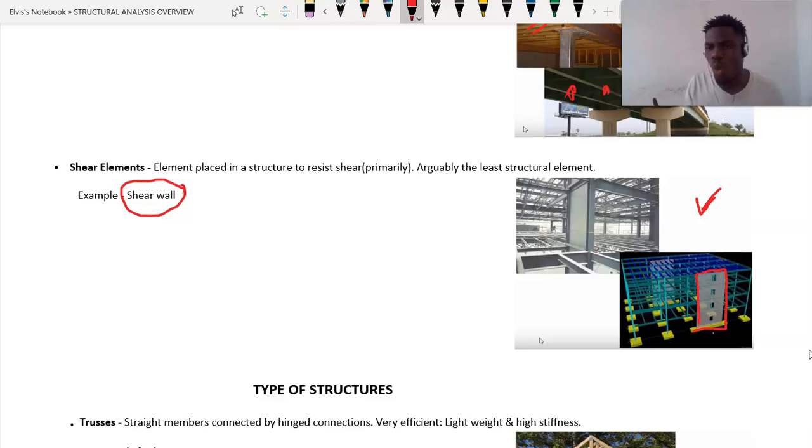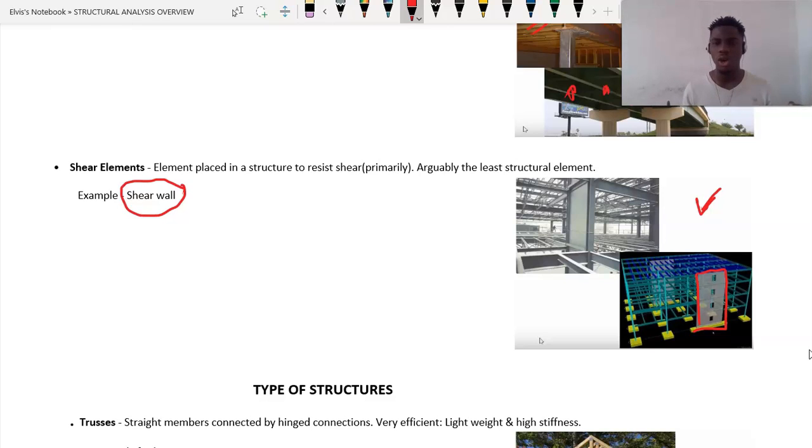Now guys, what is the job of a shear wall? The job of a shear wall is to resist lateral load. And we know the most common lateral load, or the most common environmental load that buildings experience, is what we know as earthquake load. Okay guys, so in order for this building to withstand an earthquake, we need to place